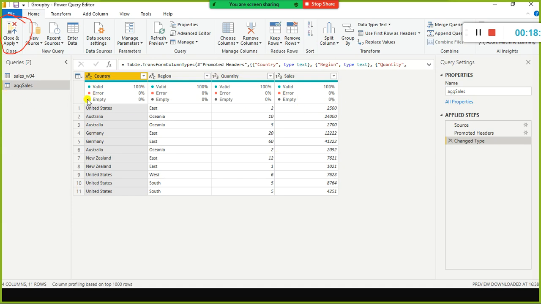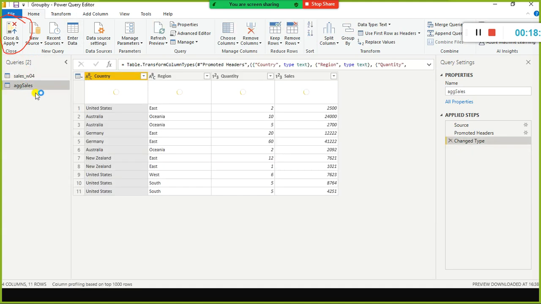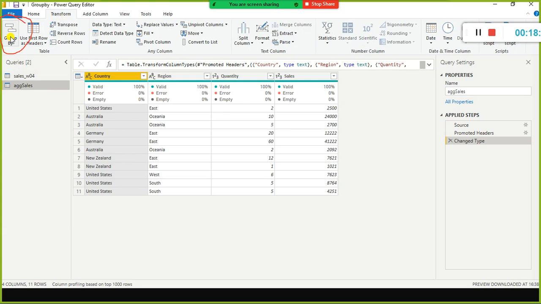So when you open the data file in the Power Query editor, it will get converted into queries as usual, like sales W04. Even AGG sales also got converted into a query, right? And in this case, I want to do the aggregation. Now I just select the Transform ribbon. Here I have the Group By option on the top left, right? So when I click on the Group By icon,